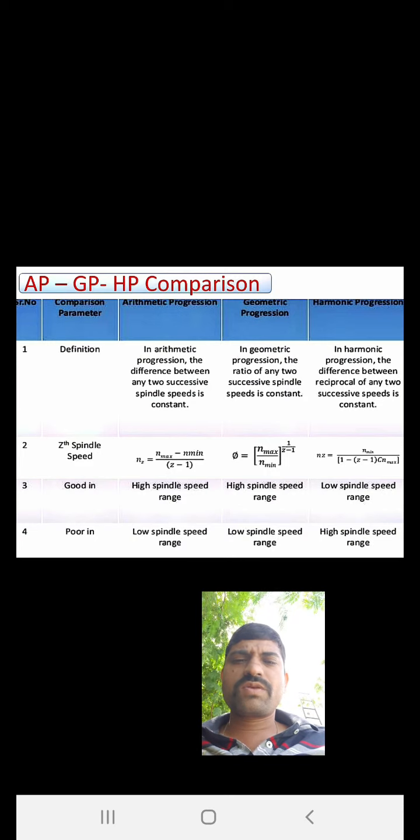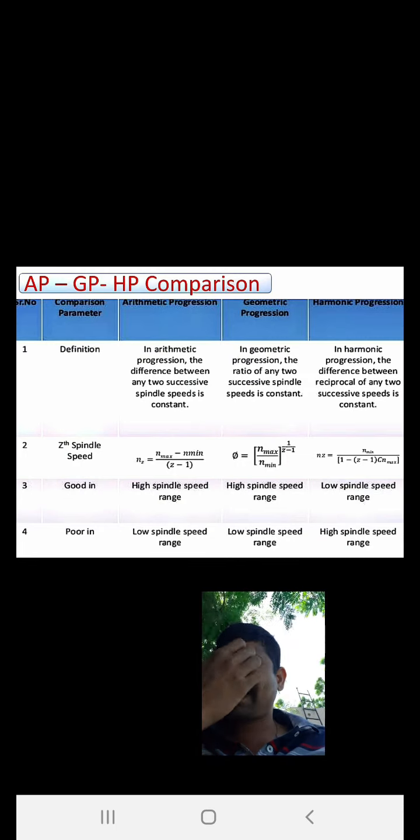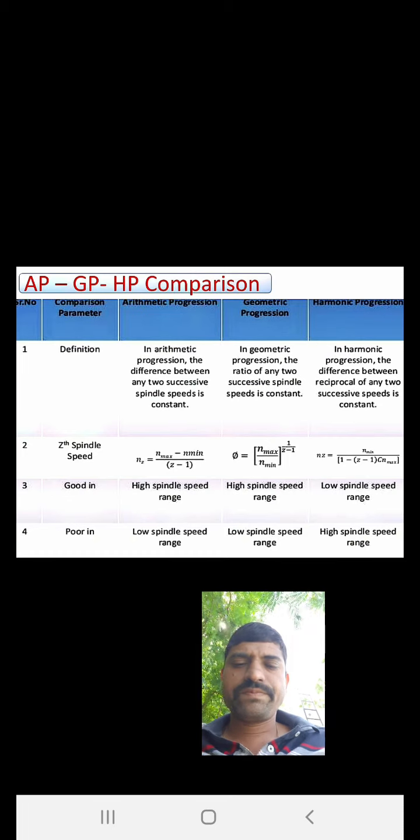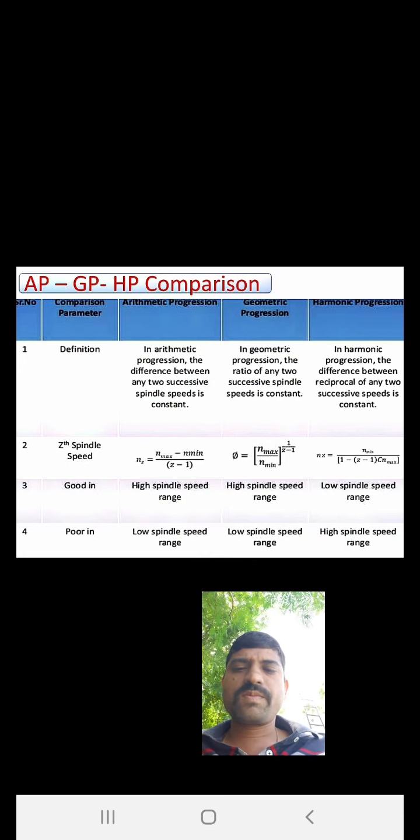Then harmonic progression. In the harmonic progression, the difference between the reciprocals of any two successive spindle speeds is constant. Yesterday we saw these things. Also we saw the comparison of those three, with the help of examples, and the advantages and disadvantages of those three